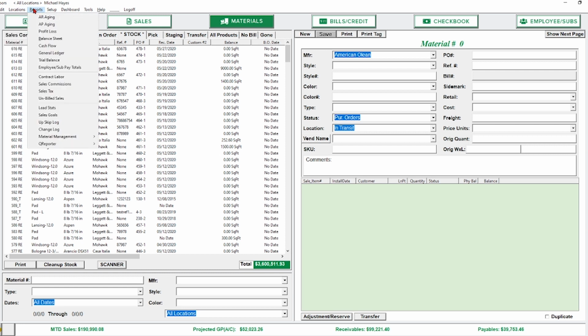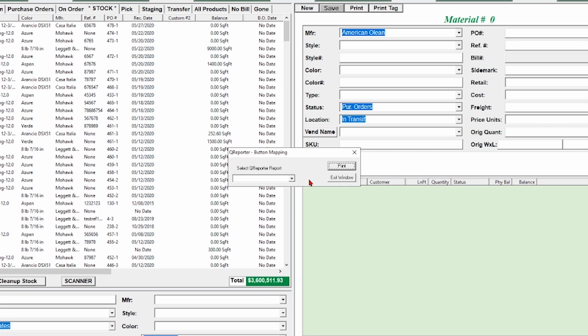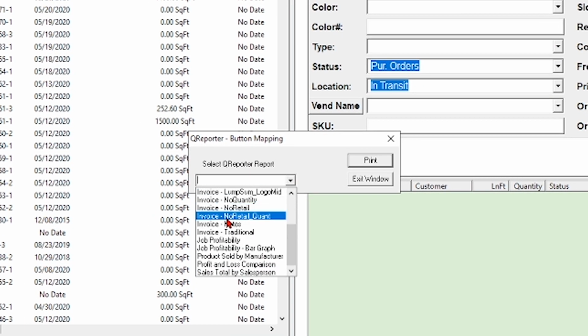However, a lot of our customers will, especially the bigger the customer, the more likely this is, want a more custom report that QFloors doesn't produce by default. In those cases, we use QReporter to produce these custom reports. You'll notice if you come down to the bottom of the reports tab, there's this QReporter option where you can pick custom reports. And now I've got this list, right, of additional custom reports that are outside of the standard